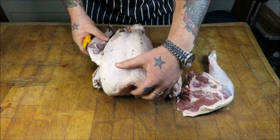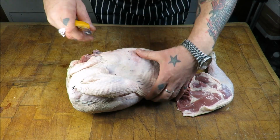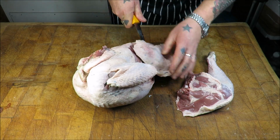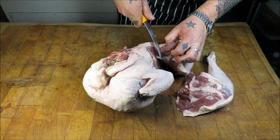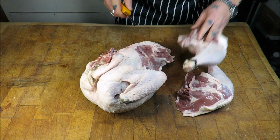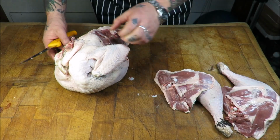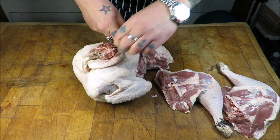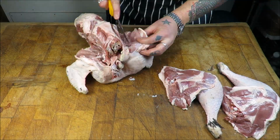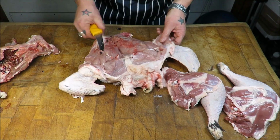So with the other side, a repeat, and there's the lovely oyster, that lovely nugget of meat, taking that in there, through the ball joint, which is exposed there, and then leg number 2. Right, next we are going to just take off the turkey butterfly or the crown. And there we have